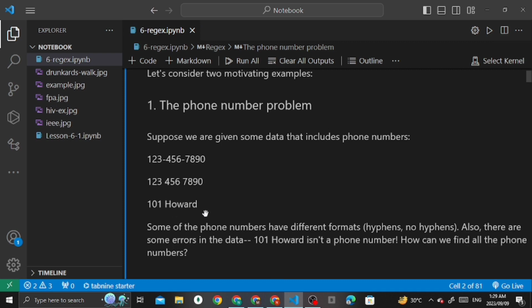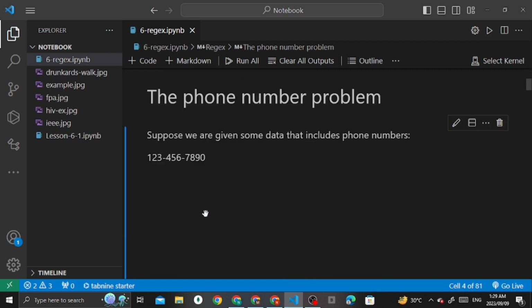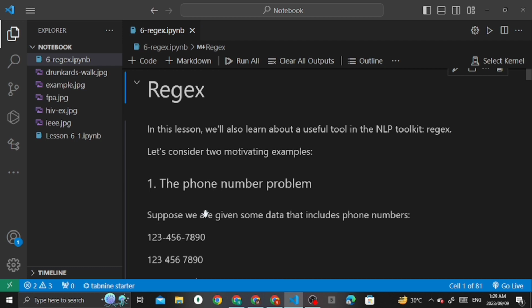However, that's not a phone number. The task is to devise a method to identify all valid phone numbers. You can see the regex I have mentioned here.